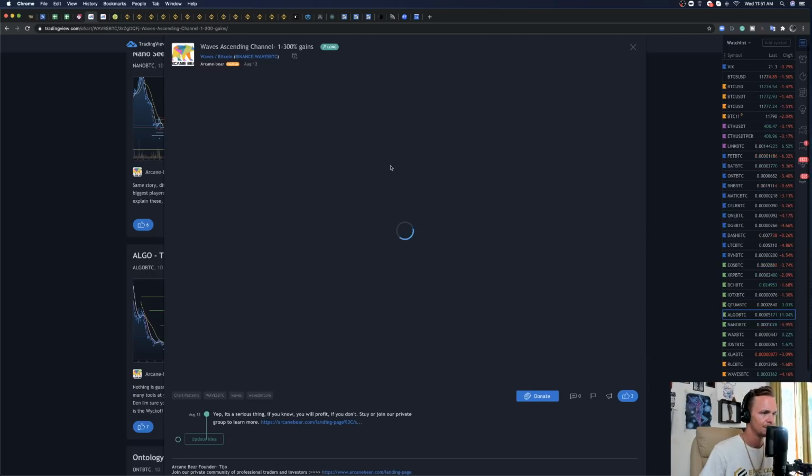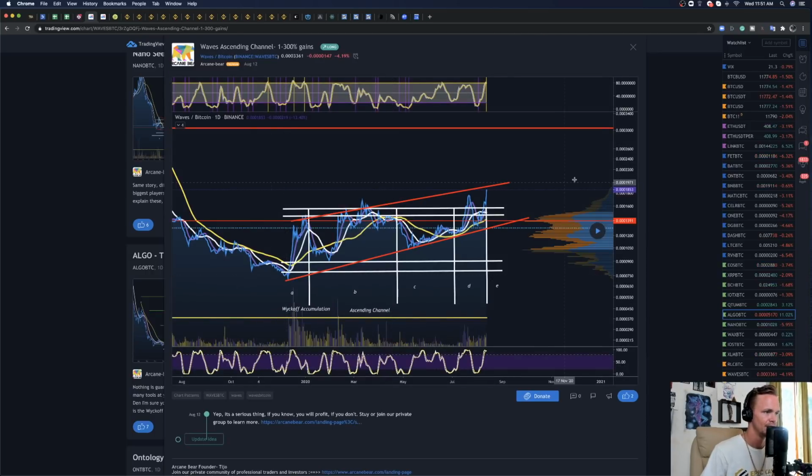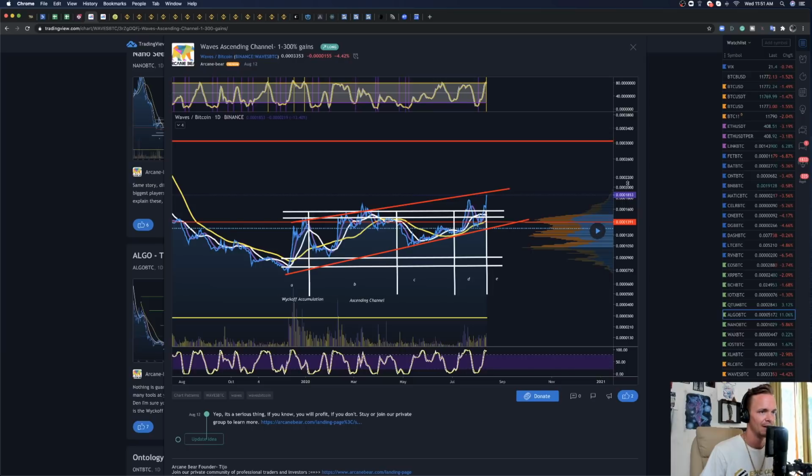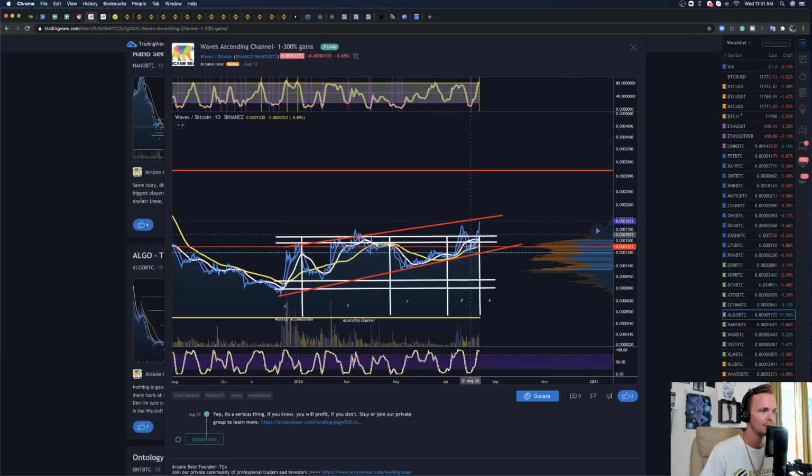So Waves is actually very similar to Matic. We see an ascending channel through the box. Here's your final LPS test on D, right at the point of control. Again, this red line that comes through my volume profile area moves through the top of the box to the top of the channel. And then check this out. This is when they become powerful, and this is why often waiting for these final backups is a much better place to play, because you have limited exposure time.